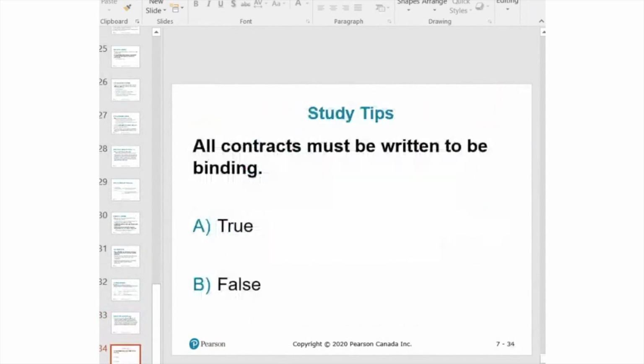The last question for you, and while you think about this question, let me see. I have a question from Alexander. What about online agreement or Facebook or Instagram? Yeah, they are valid. Online contracts are valid. They are electronic contracts. And once you click on I accept, so when you accept the terms and conditions, you have entered into the contract.